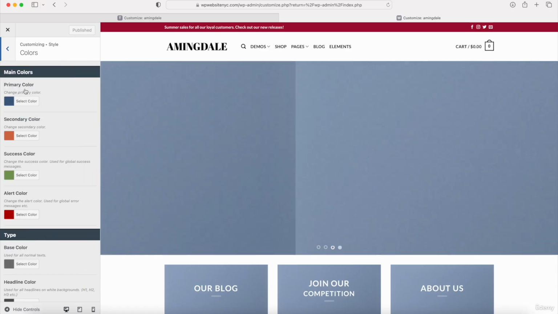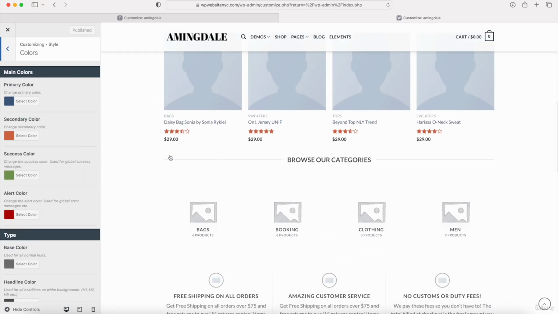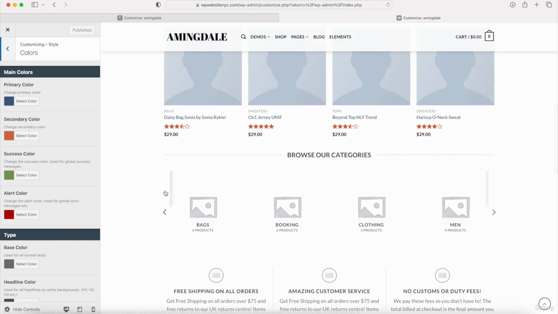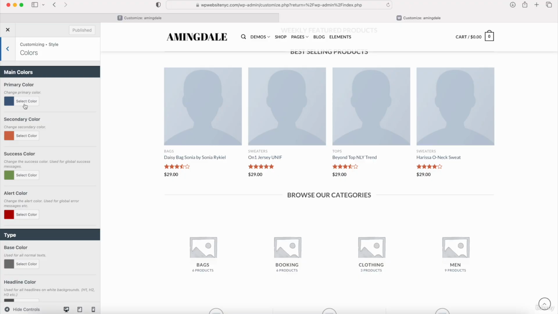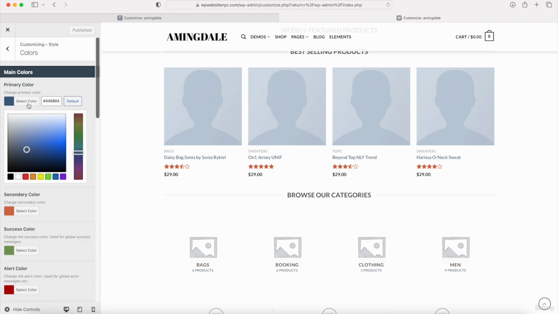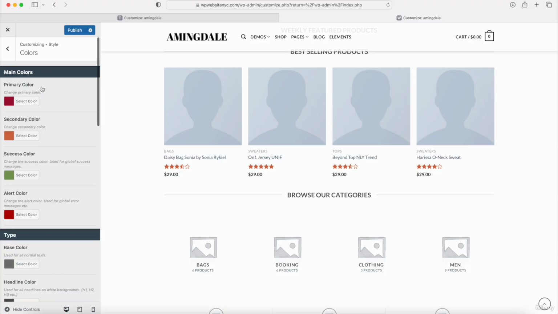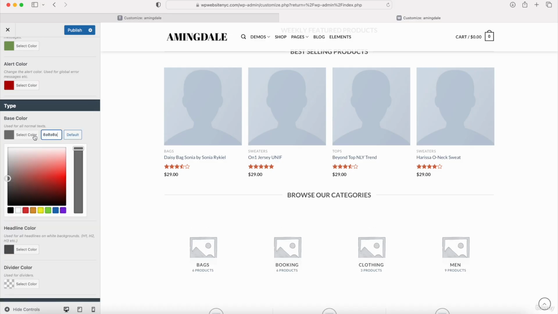But for my colors, I want to change the primary color. You can see that there is a lot of this navy blue color and these orange colors. If you want to change these colors, what you can do is come in here and just change the color codes. So I'm going to put in the ones that I would use for my website. And so for right here for the primary color, we're going to change this one also to A50D35. So once I have that, I can click out of this, and I want to change my base colors to this color code